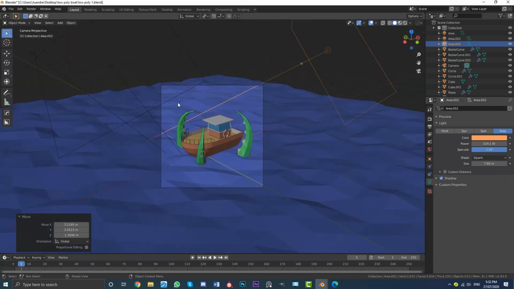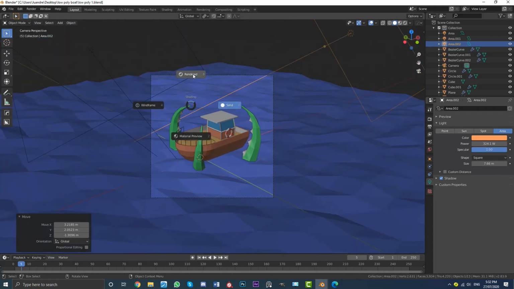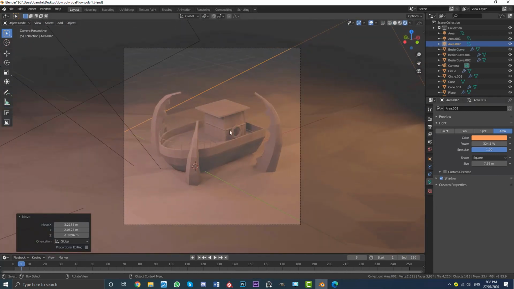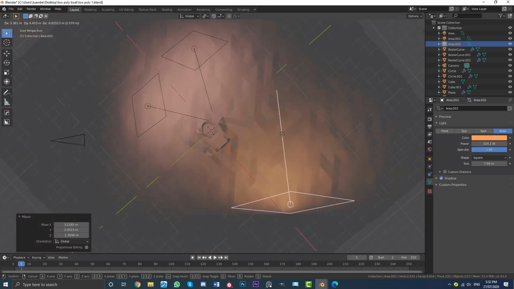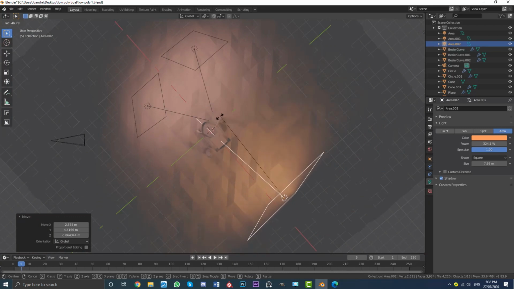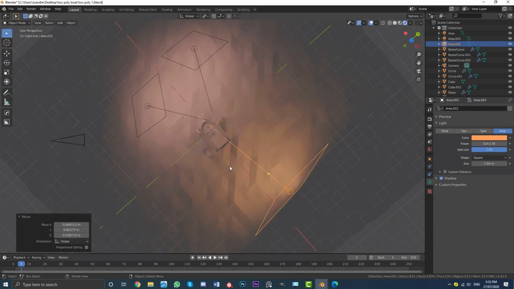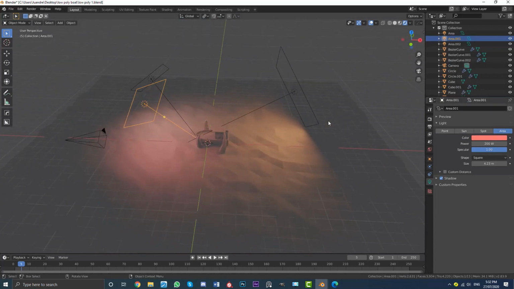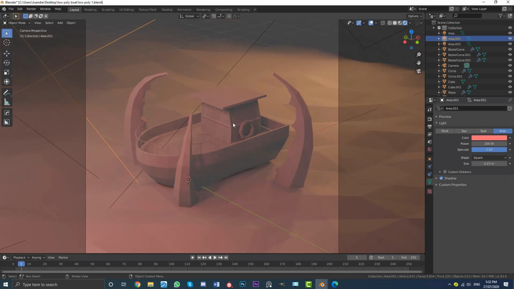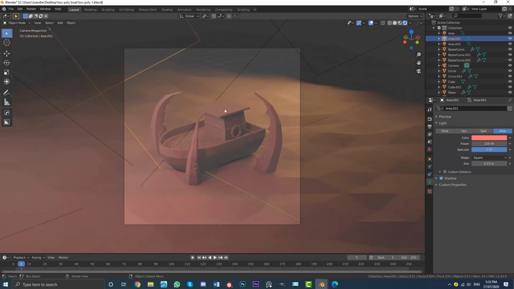Hit 0 to go into camera view, then go Z, and then go into rendered view. So that is our lighting at the moment. And you can mess around in the render viewport until you get something that you like. And I'm going to grab these two here, make them a little bit more pink. Go into your camera view and just have a look at that. So we have this nice, really stylized kind of warm look,